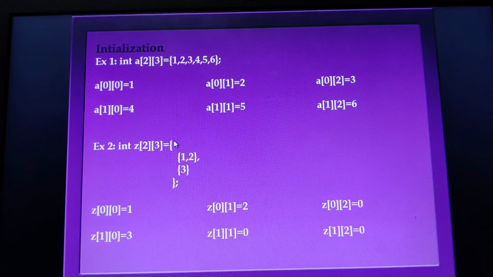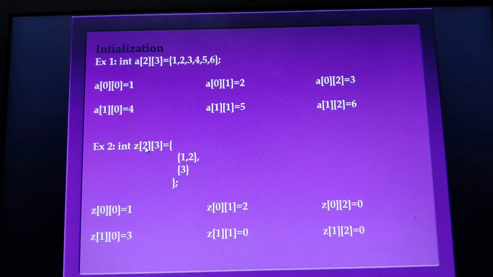So when we write in this particular way, Z of 0, 0 in the sense 0th row, 0th column, then 0th row first column, 0th row second column. Similarly, just the array name is changed. I have kept the order the same, 2 into 3. Now look at the elements here. In the first row, how many elements do we need? 3 elements, that is 3 columns. How many rows are there? 2 rows.